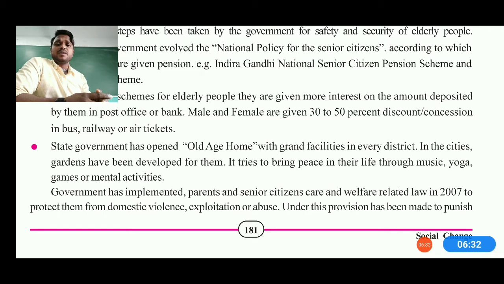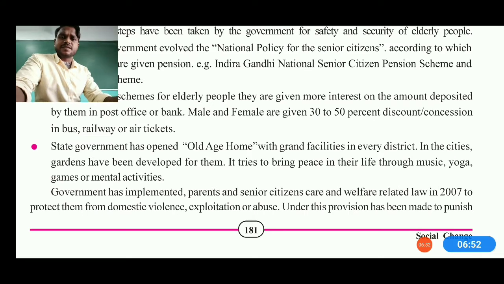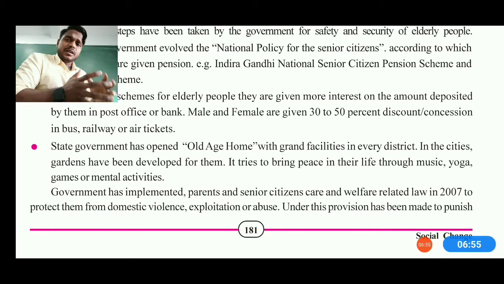So here we can say the government has also implemented the Maintenance and Welfare of Parents and Senior Citizens Act, around 2007, and also protection schemes. Domestic violence, exploitation, and abuse are also focused on. If a couple of parents are abused at home and not given food, because I have seen lots of cases, my dear students, where kids are not giving their parents even food, not a house, not shelter, the parents are just roaming here and there like animals. Is this the way they gave birth to that kind of child? It is not the way.